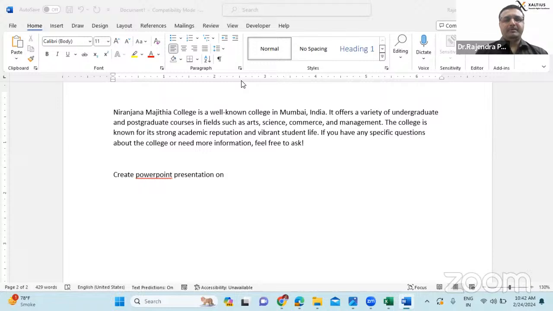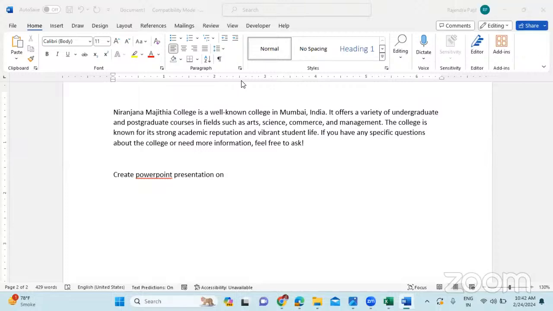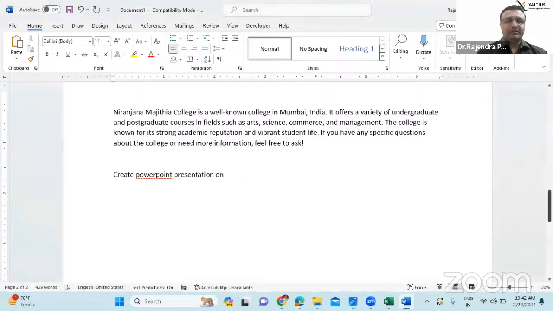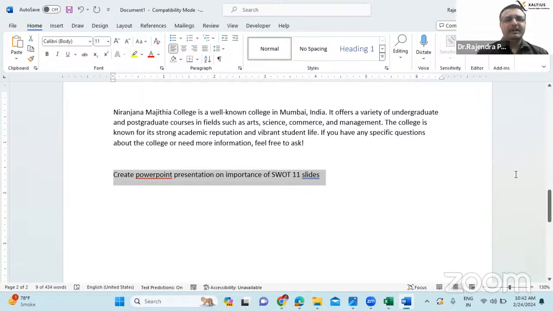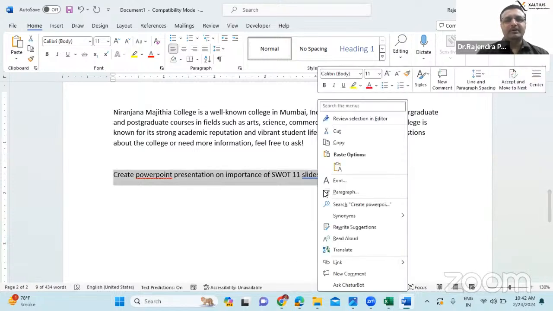Yes, Madhuri madam, can you please confirm? Yes, sir. Okay, importance of SWOT. Create PowerPoint presentation on importance of SWOT. How many slides you want? Suppose 11 slides. Okay, for 1 hour lecture, 11 slides are okay.